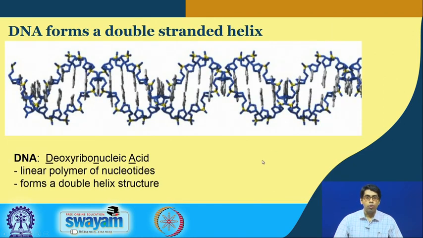So, we also saw that DNA forms a double helix structure. In the previous slide, what we saw is the linear form of the DNA, and here what we see is two strands of DNA intertwined into a helical structure, and this is called the double helix structure of DNA. Unlike proteins, DNA molecules look very similar. So, irrespective of whatever is the base sequence inside the DNA, the double helical structure is more or less the same.